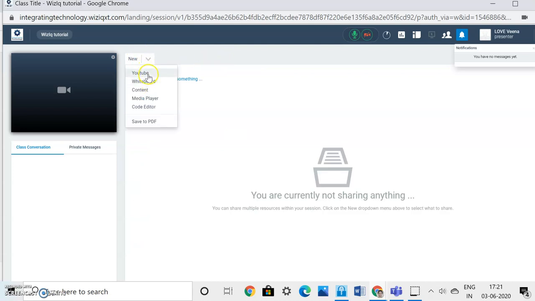I could also have the YouTube channels, this YouTube being used over here. I can select the YouTube videos. I can have some content already set in over here, the media player, the code player, and I can save it to the PDF. So these are the different options which we have, the features of the WizIQ. It seems to be a comfortable platform for all to use,